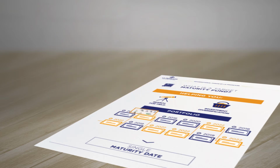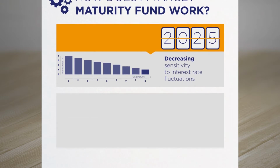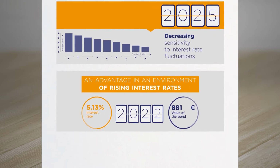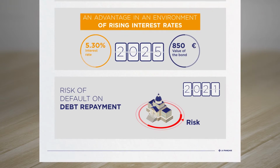the capital at maturity. The closer the fund gets to maturity, the weaker the impact of a move in interest rates. This is a significant advantage in the current environment of rising interest rates, as a bond's price falls when its yield rises. Moreover, the risk of an issuer being unable to repay its debt diminishes as the fund approaches